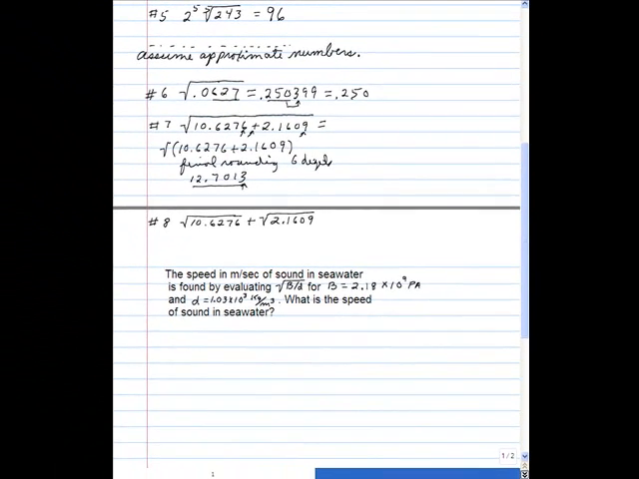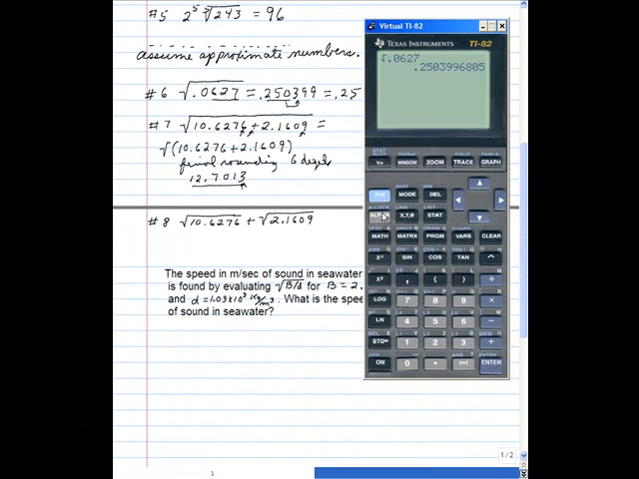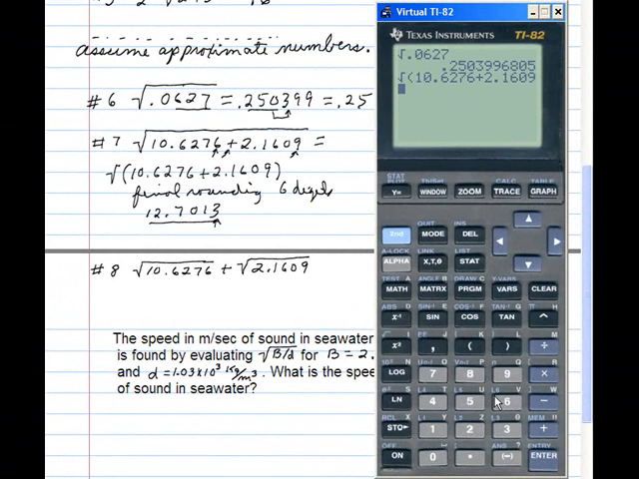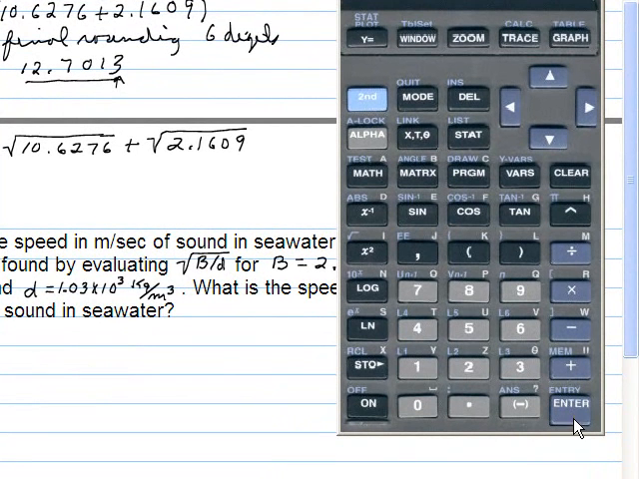So let's go ahead and do the problem. Bring the calculator back. I want the square root of, so second x squared. I want an open bracket to cram all of this in. 10.6276 plus 2.1609. So let's see if we got it in there. 6276. 1609 looks correct. Close bracket, and we hit enter, and we get this long answer,